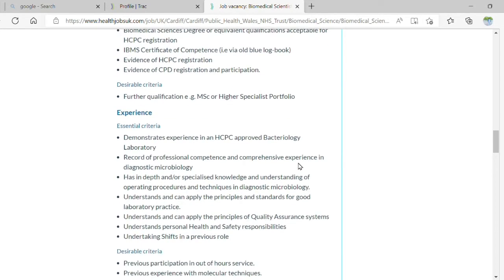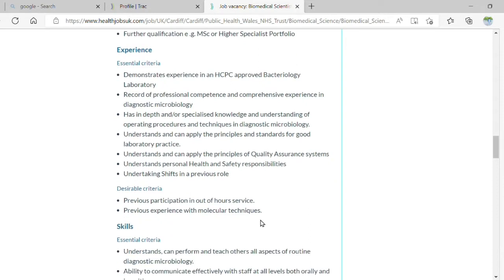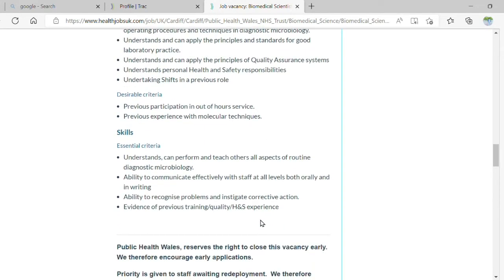And then experience wise, they have mentioned their requirements. If you have these required qualities or experience in your employment, then it's going to help you to be shortlisted for interview. And skills,